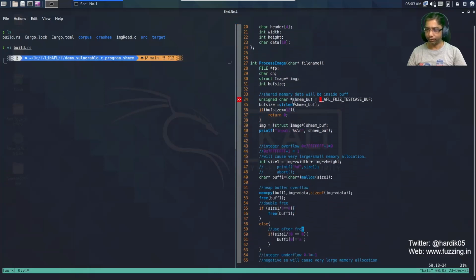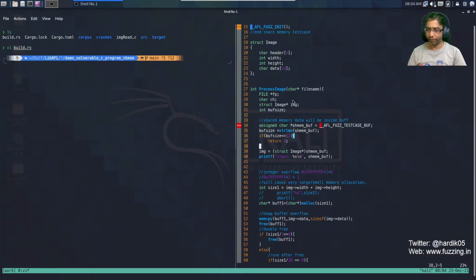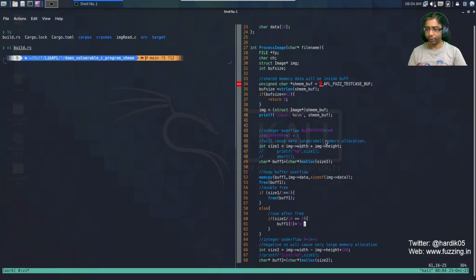Now here you will notice that I am converting this buffer data, which is actually just bytes, into the img structure over here, right? Then only I can use it. So for that I am simply doing a cast over here: I have converted it to a struct img pointer, shmem_buffer. After that you will notice that I need to remove the while loop which we were using in our previous program, because this is a simple buffer and we can use the data directly instead of a file. In case of a file we can keep reading the data inside a while loop, but since we are using shared memory, I simply remove that.